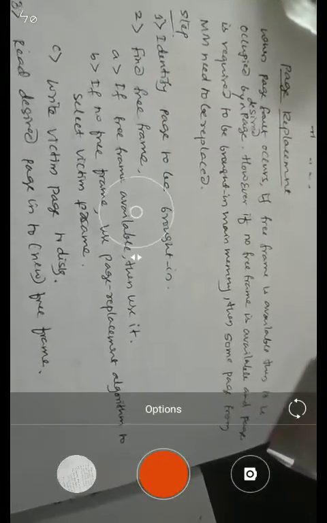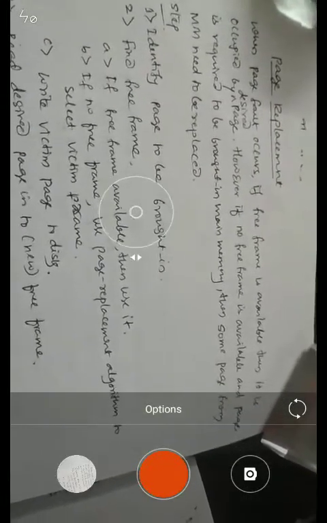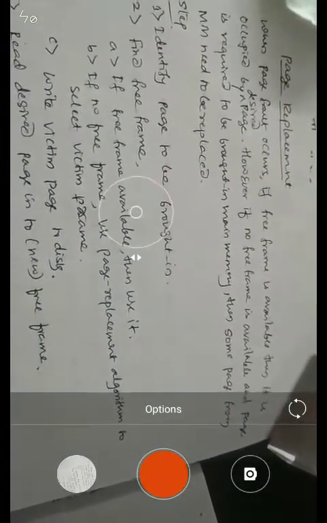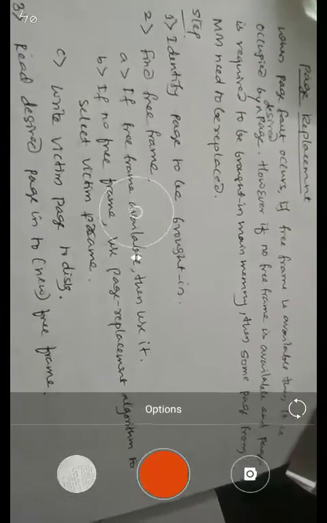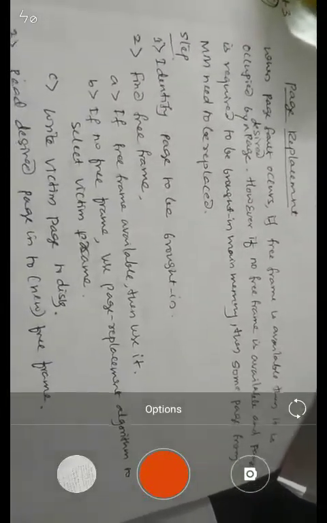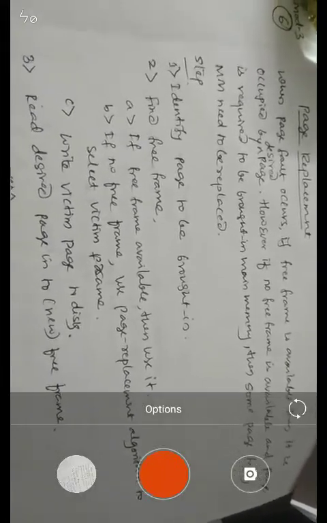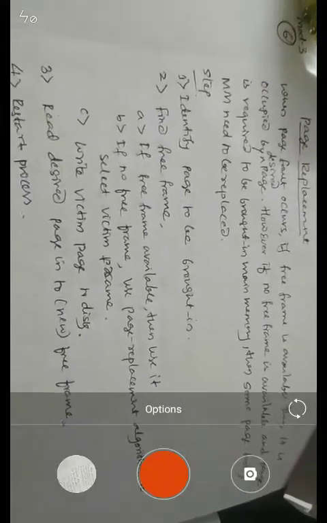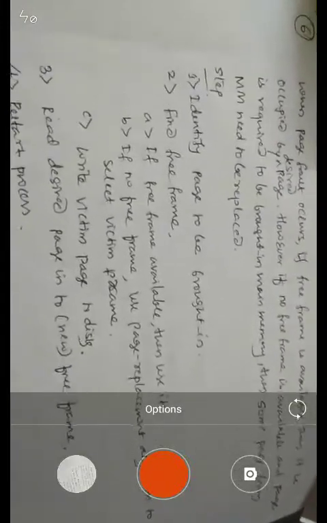To address that page fault, we have to bring in the page. If a frame is available, we can place the page directly. However, if all frames of the main memory are already occupied, then we have to find a victim page to be replaced. That is what we call a page replacement algorithm.